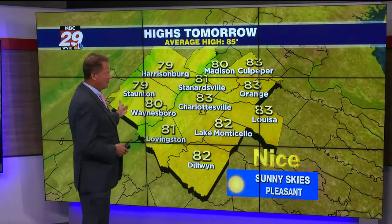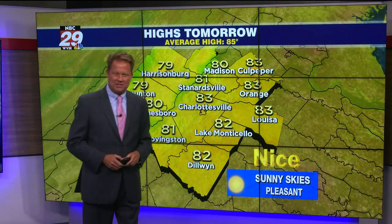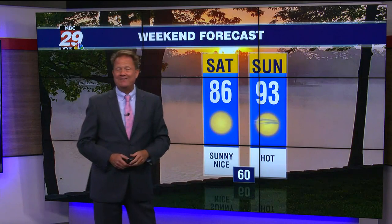And then a beautiful Friday, temperatures in the low 80s for most locations, a few upper 70s north and west. A gorgeous Friday and start to September. We've got a nice Saturday. Temperatures seasonable in the mid 80s, and it'll be another cool start Saturday morning. Sunday, we jump back in the 90s, and that'll be the beginning of a building September heat wave throughout much